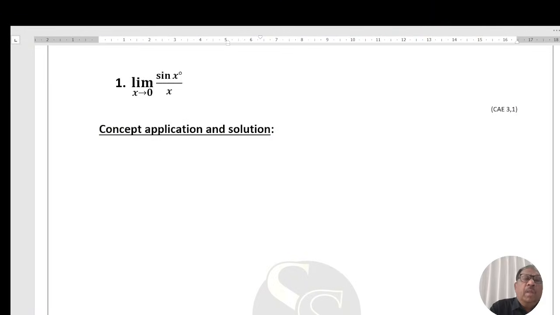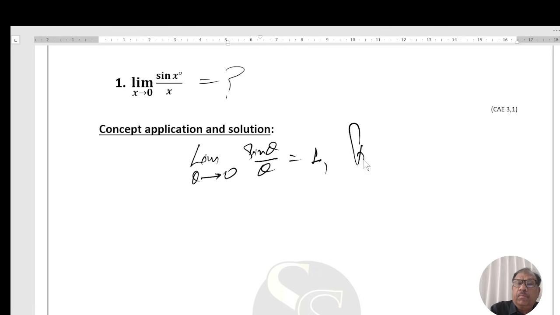Question is, limit x tends to 0 sin x degree upon x. You have to find its value. We know the formula limit theta tends to 0 sin theta upon theta equal to 1, provided theta is in